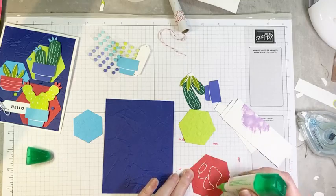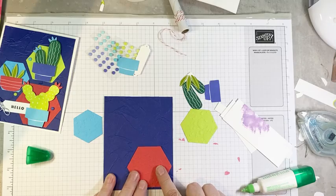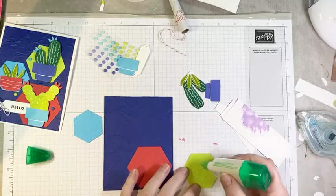So I'm going to go ahead and glue my hexagons on. So my Sorbet one is going to go right down near that bottom right corner. And then we're going to add our